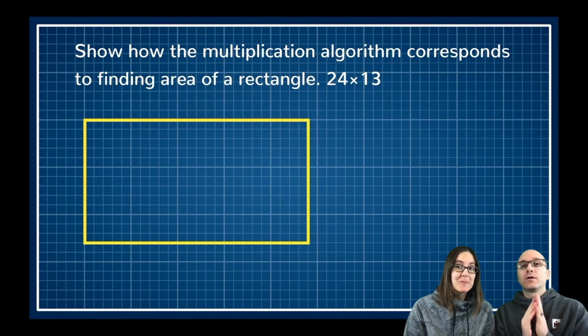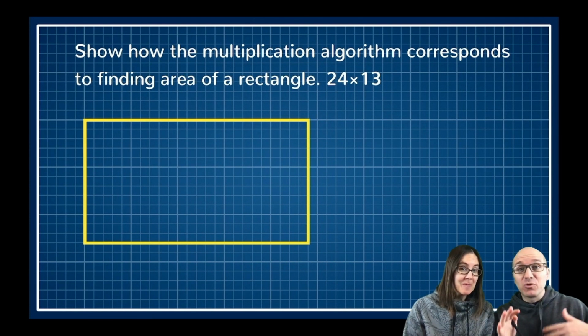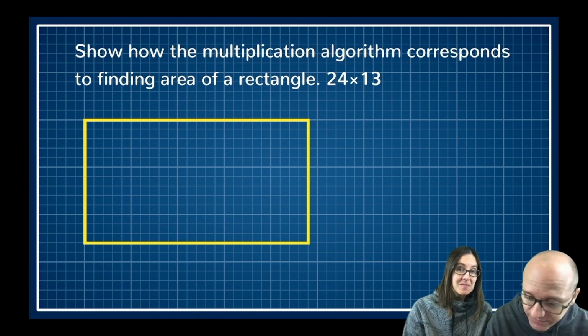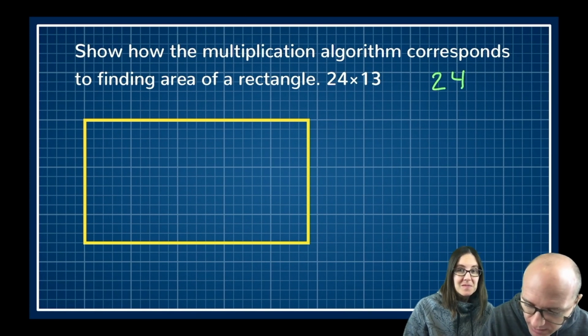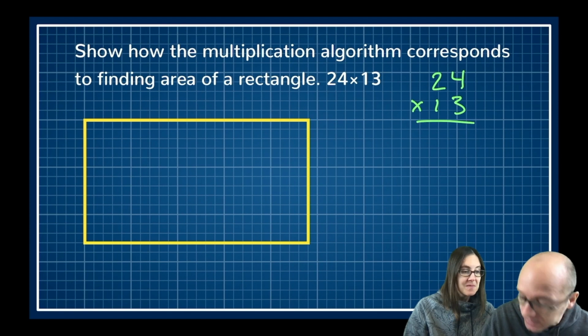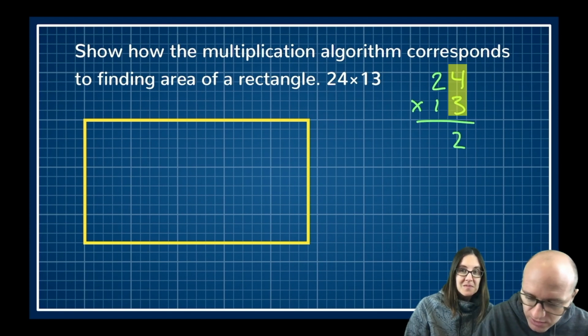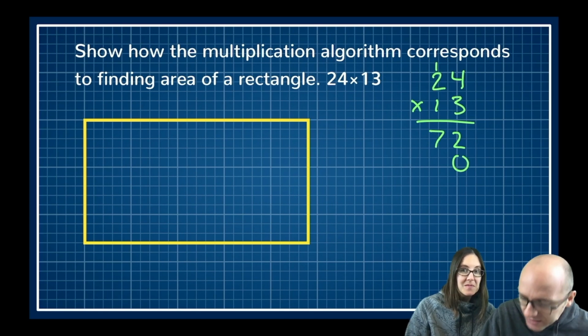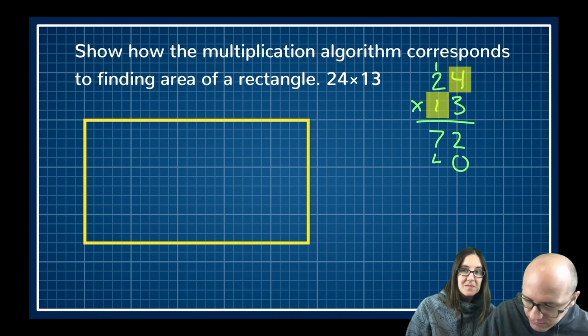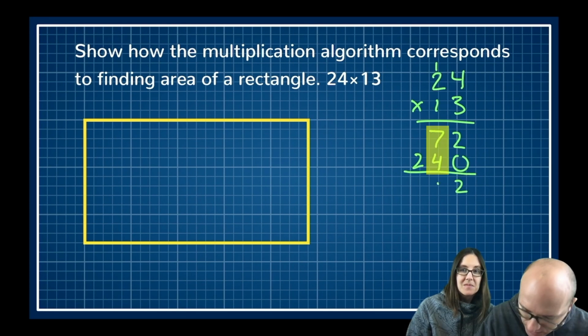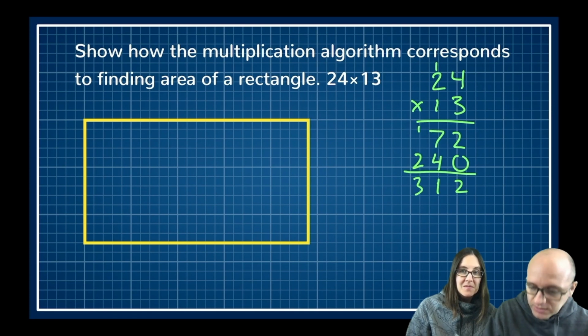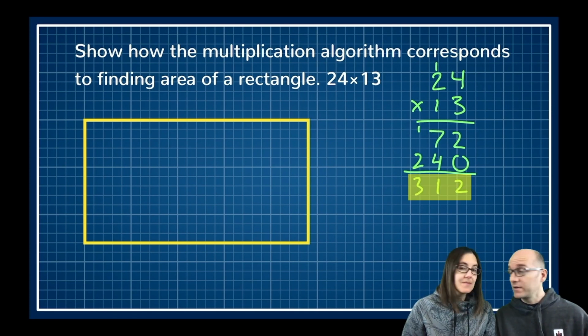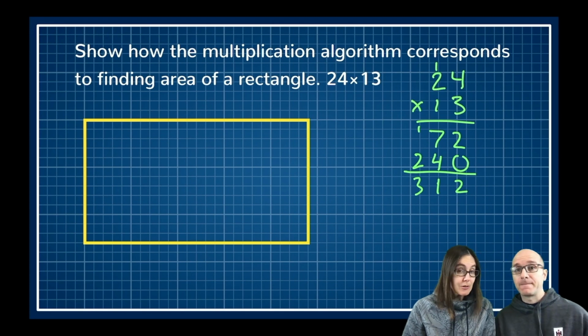All right, so I want to talk just a little bit about the multiplication algorithm and why it works. We did this in our last video. We would do 24 times 13. So we did 4 times 3 is 12. We carried the 1. 2 times 3 was 6. Plus 1 is 7. We would then put a 0 here. 1 times 4 is 4. 1 times 2 is 2. And then we would add. 2, 11, carry the 1, we get 3. So 312. 24 times 13. That's how I learned to multiply.